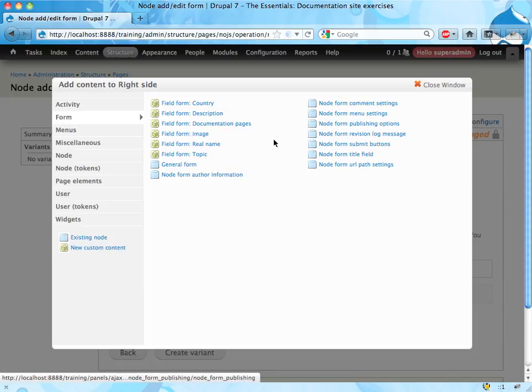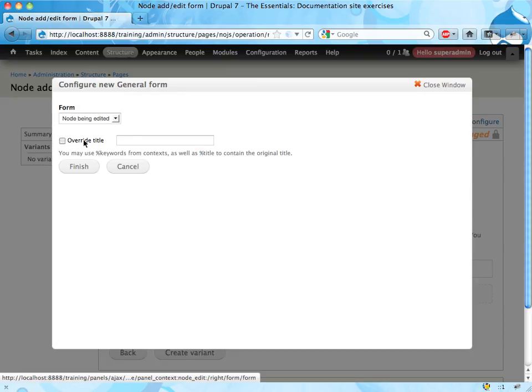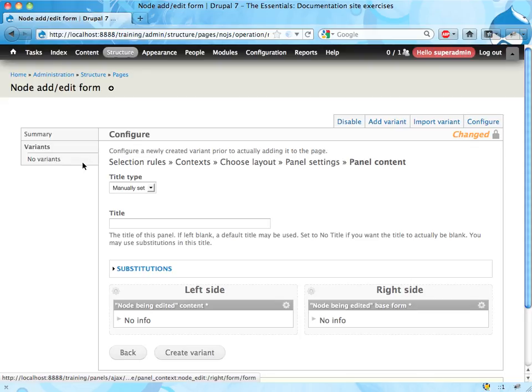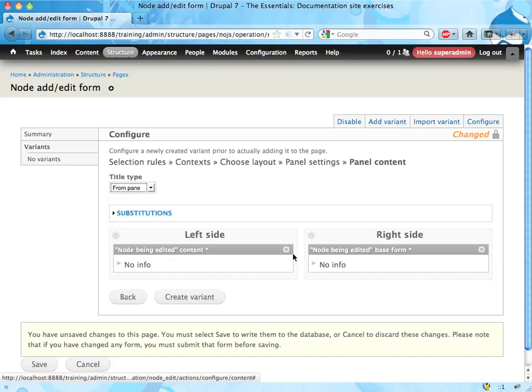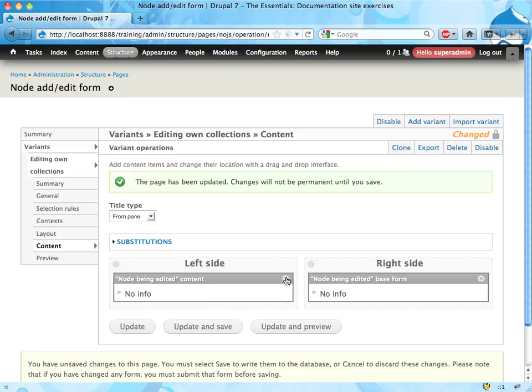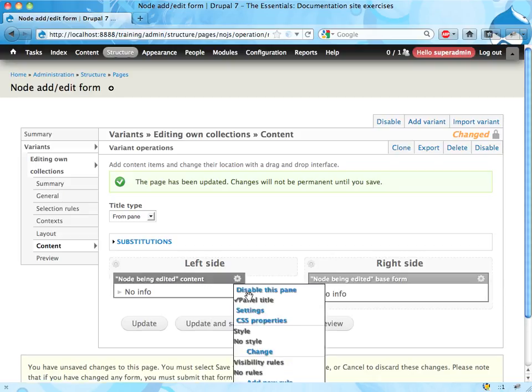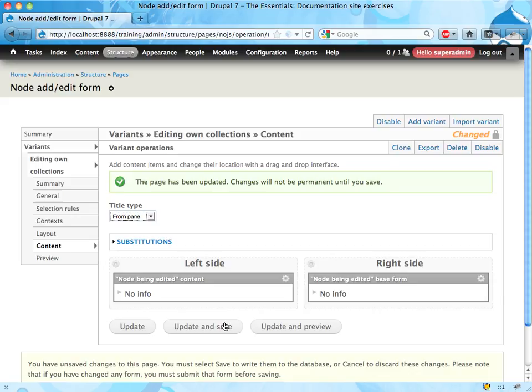And I'm including all at once here, so I'm picking the general form here. I'm actually overriding the title here as well. I'm not very fond of duplicate titles. But I am going to get the... I think this one will have the panel, get the title from the first one. We'll see. Great variant. Ah, they have the same title, so panel title, good. Now I'm going to update and save, and then I'm going to go back to the selection